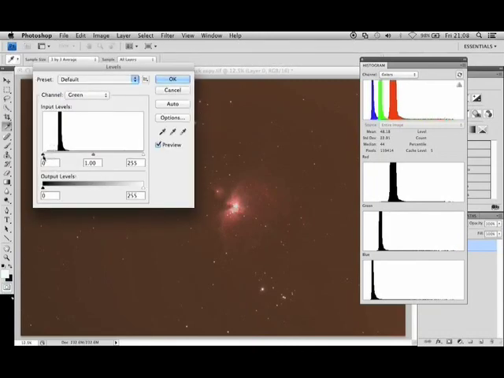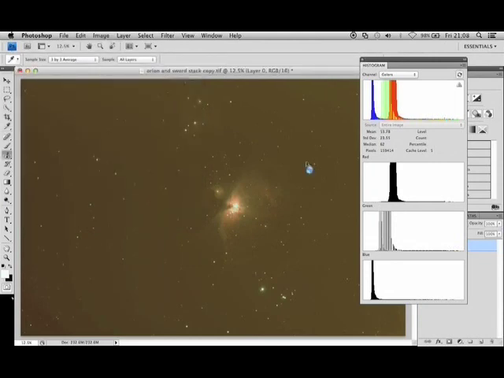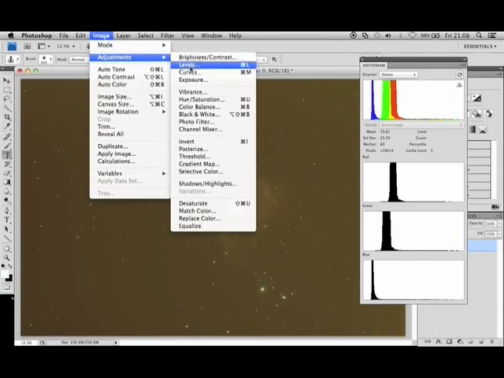we'll go to the green. Same thing. We'll bring the left arrow in and the middle arrow towards the data again, making sure that we don't go over that 2 number there. And as you can see on the right hand side here, all of the colours are starting to move closer together. We've still got to do the blue one, so again we're going to go back to levels,